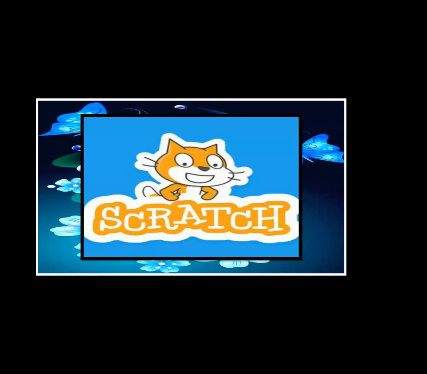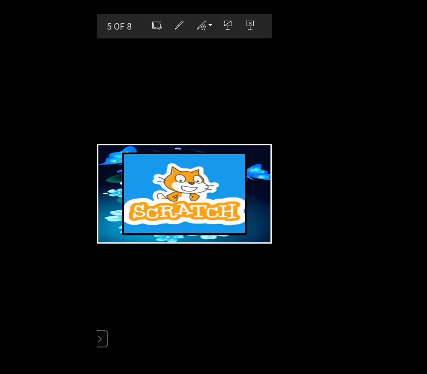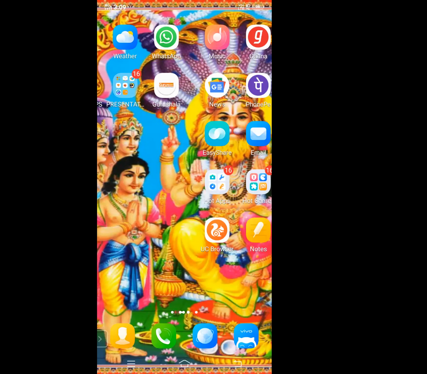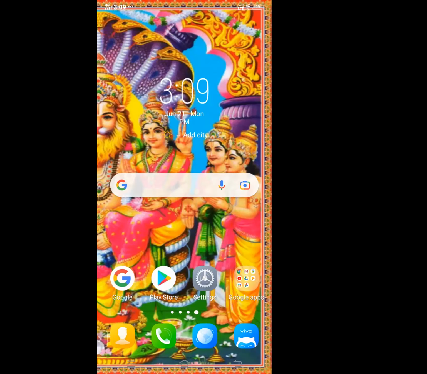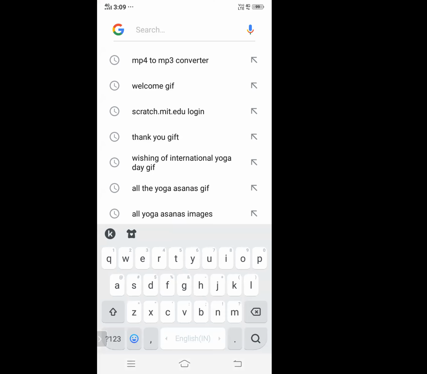So without delay, let us move to our Google and learn about Scratch coding. It is a wonderful programming platform. It has an Android version and we can also code on a computer. So at first we have to type in our Google